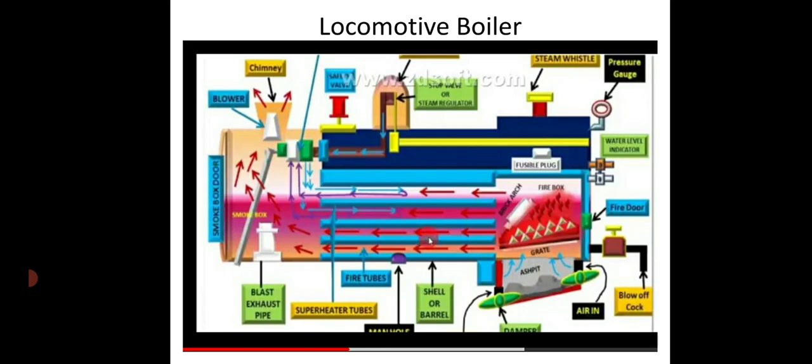To remove the moisture from the waste steam and to increase the temperature of steam, it is superheated, as shown in the figure. The waste steam through a regulator enters the waste steam header, passes through a large number of superheater tubes and finally comes to the superheater header. Then the superheated steam goes to the engine.